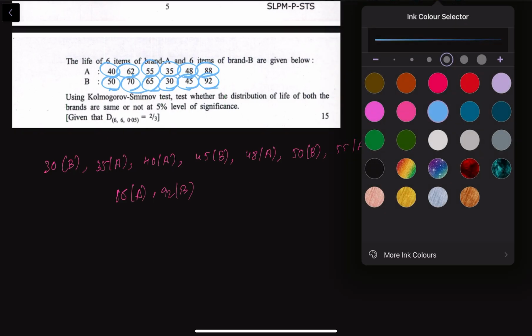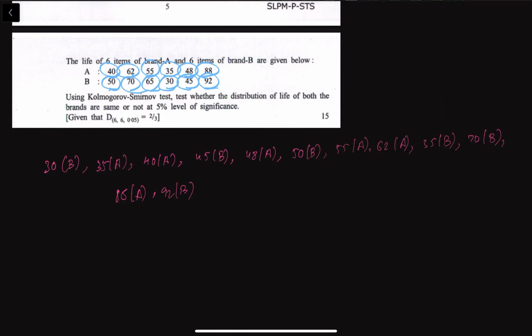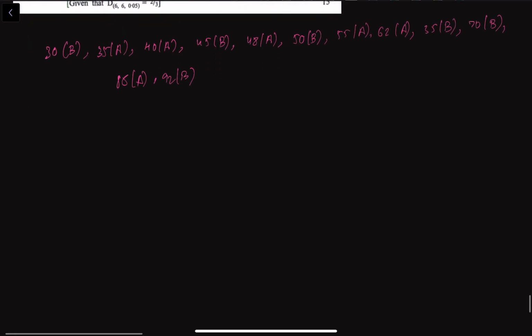Now we just need to compute the empirical distribution functions. We have 6 elements in brand A and 6 elements in brand B. So for brand A, the number of observations is 6, so each observation increases the EDF by 1/6, and similarly in brand B, each observation increases the EDF by 1/6. So if I draw a table,